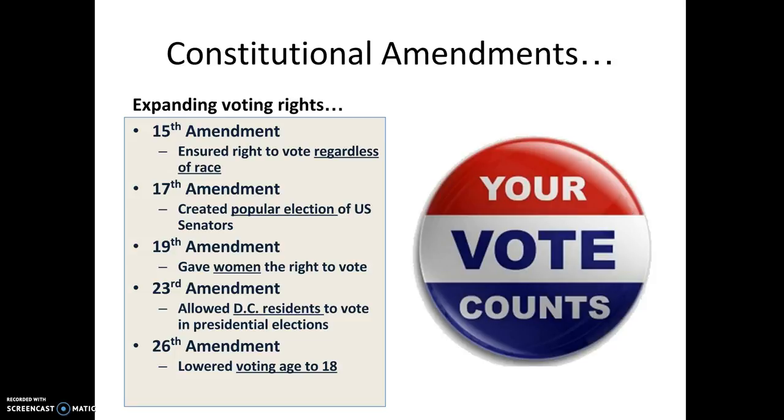senators. Prior to the 17th Amendment, our senators in the United States Congress were elected by state-level legislators. So as a citizen of the United States, no matter what state you lived in, you got only an indirect say in who your senators got to be. After the 17th Amendment, the election of U.S. senators became statewide elections where the people of the different states got to pick their senators directly. And this is what they mean by a popular election of United States senators.